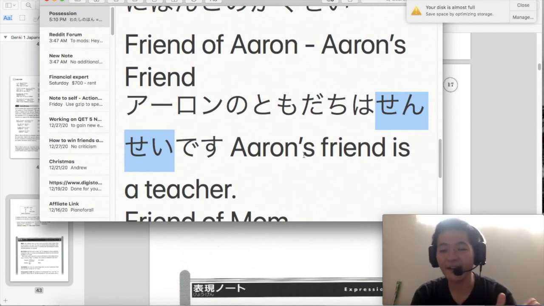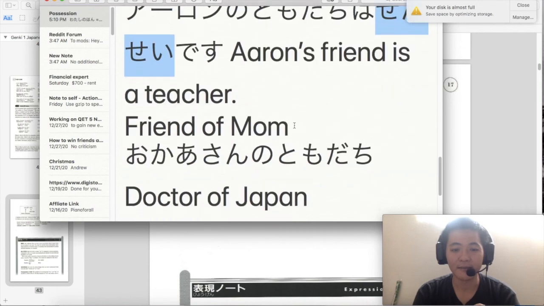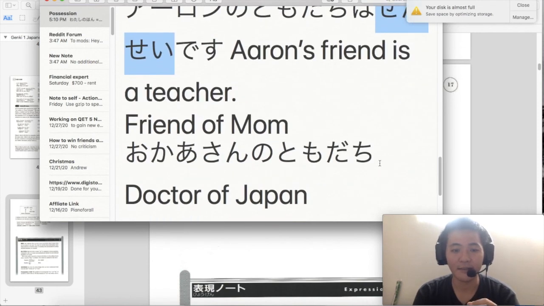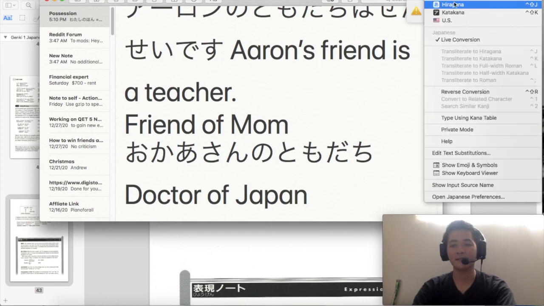So do you see how now you are able to connect the different particles that you've learned and start creating more sentences using these particles? It's so important for you guys to understand these particles and how they work. I hope I was able to explain this in a way that you would understand it. Let me just give you a few more examples, like Okasan no tomodachi wa